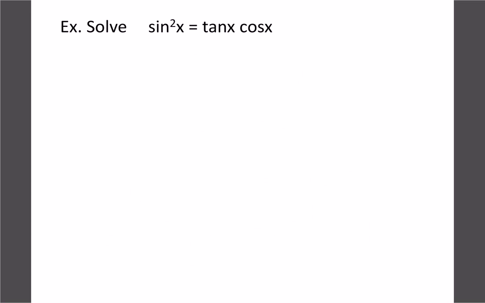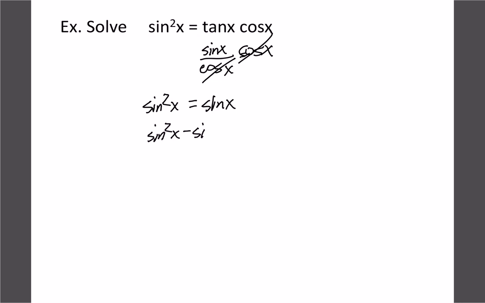We got another sine squared, and we got tan and cosine. So let's worry about the tan first. Let's change the tan into sine over cos. So you can see our cosines would cancel, so we end up getting sine squared x equals sine x. You might want to cancel things, but let's rewrite this as an equation. So let's bring the sine x over, equal to 0. Now we can factor